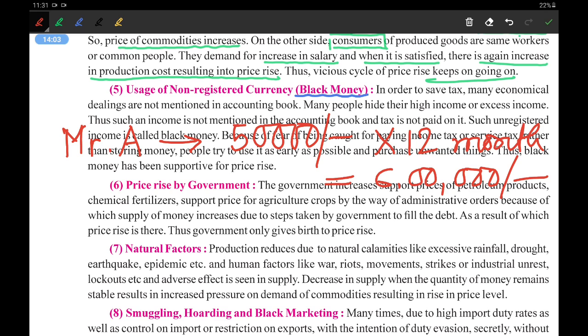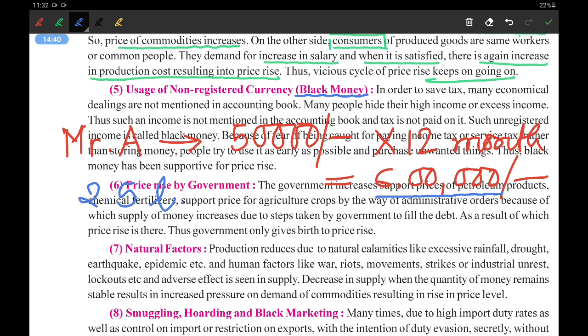Now as per government rules, the government has made certain levels. If you are earning, say, up to 5 lakh rupees, you need to pay this much. Let us just imagine that. So the government has made a rule that if you earn up to 5 lakh rupees, then you need to pay 5% of the tax. Till 2.5 lakh there is no tax. So Mr. A has to pay tax on the remaining amount.